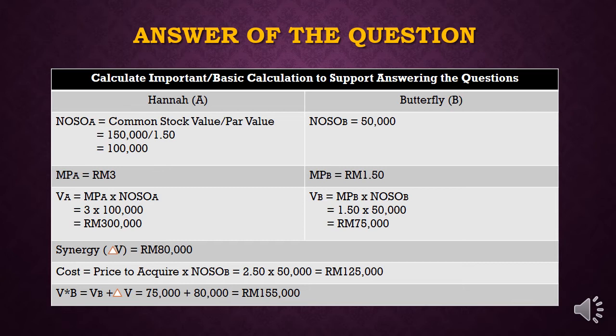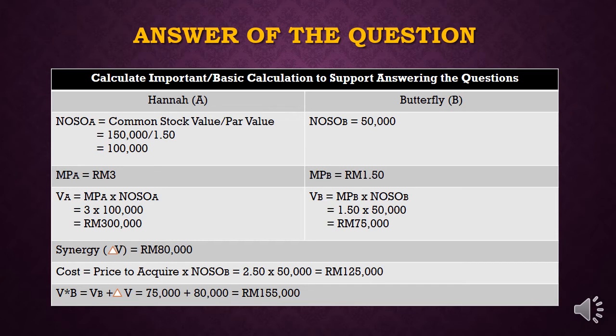Next information is regarding synergy. Since synergy is given in the question, you can directly take the amount of the synergy equals RM 80,000. And then you also need to calculate the cost, because cost is not given directly in the question. To calculate the cost of the merger, the formula equals price to acquire times NOSO B. Based on the information, the price to acquire the target company equals 2 ringgit and 50 cents times NOSO B, which is 50,000 units. So you will get the total cost of the merger amount RM